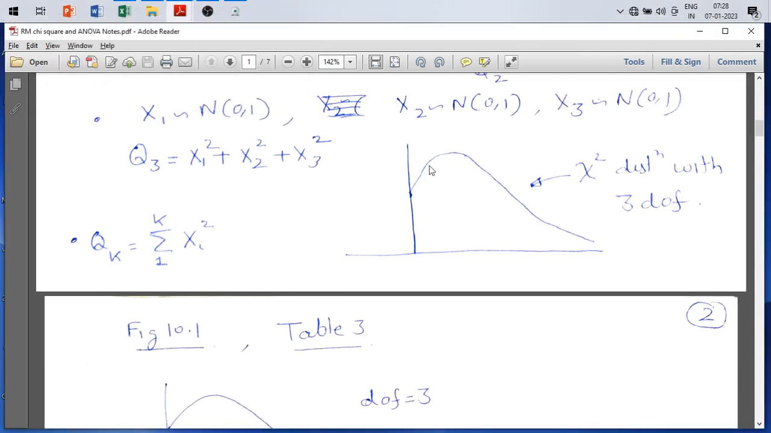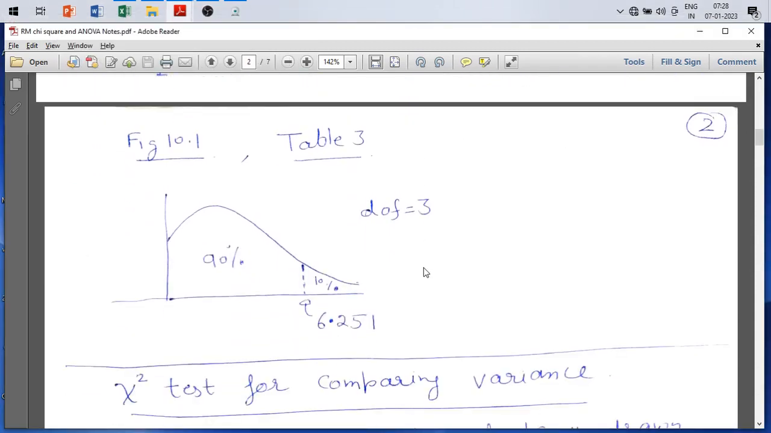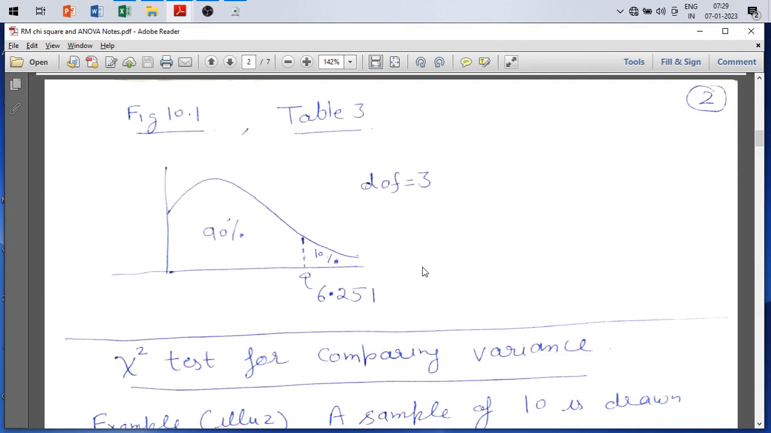Now, while using the chi-square distribution, we will always encounter this type of calculation, as you see here. So this is, say, a chi-square distribution with 3 degrees of freedom, and we will need to look at some values from the table, which is Table 3 in the appendix. And as an example, let us say we have to find the value here for which